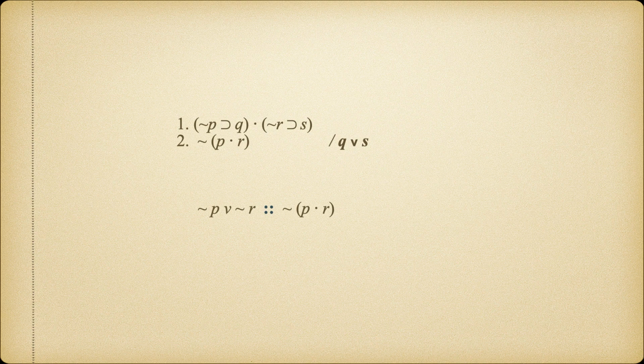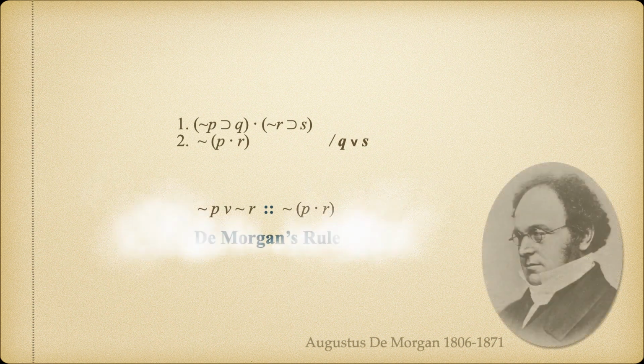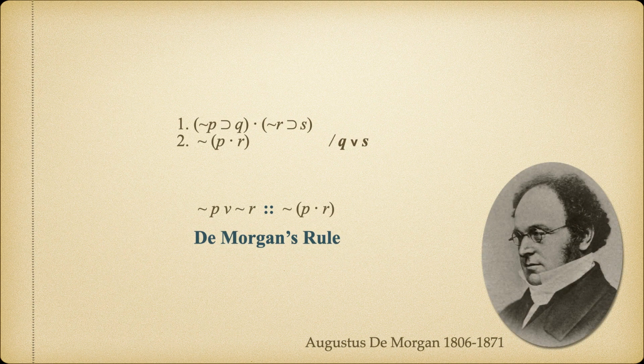And as it turns out, we'll demonstrate with the truth table below that these 2 propositions are in fact logically equivalent. It's called De Morgan's Law, or De Morgan's Rule, after 19th century logician Augustus De Morgan. With this rule, we could now substitute the proposition that we needed for the one that we had, and then we can see that the conclusion does indeed follow validly from the premises. Logical equivalency